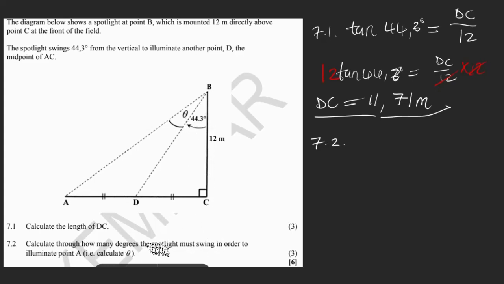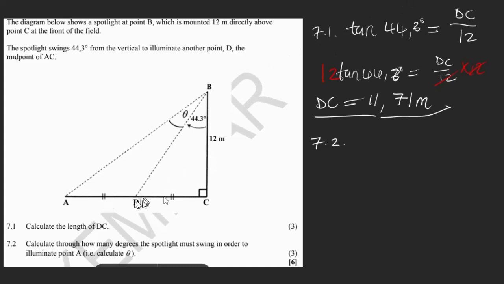Calculate how many degrees the spotlight must swing in order to illuminate the point at A. So when it swings here, the angle here, that's how many degrees. The angle here, that's how many degrees it will take for this light to illuminate the point here. So this angle combined with this angle, that's how many degrees it will take for that to happen. Now that is interesting,